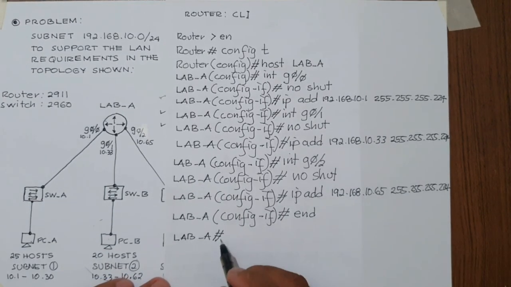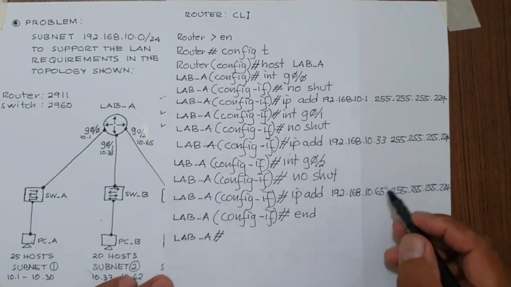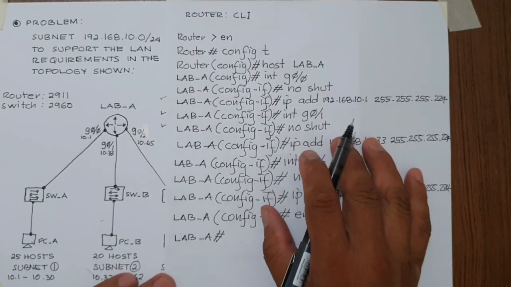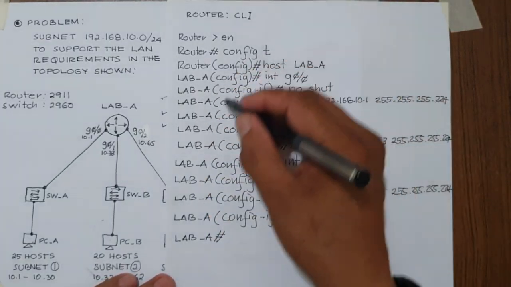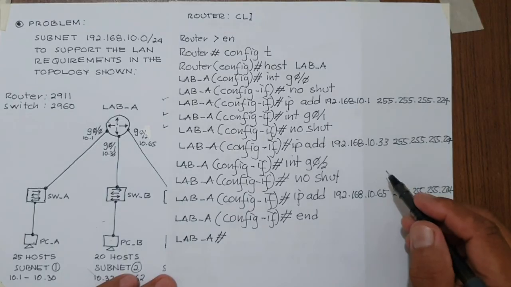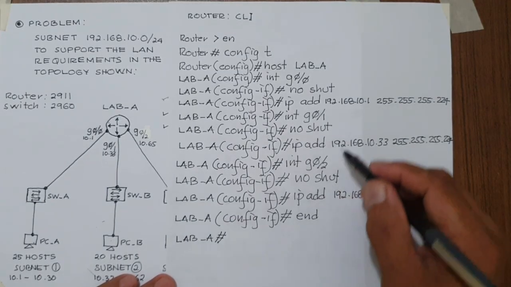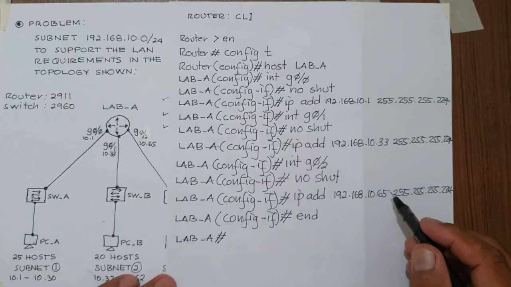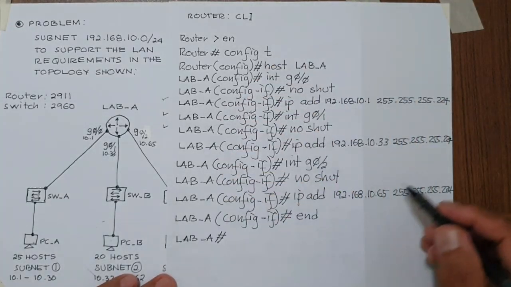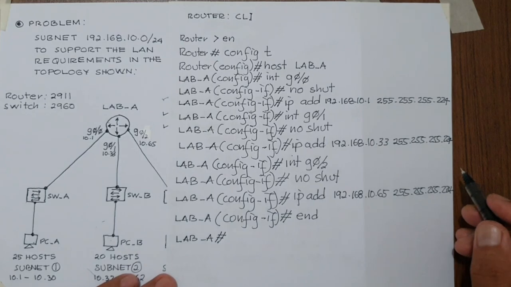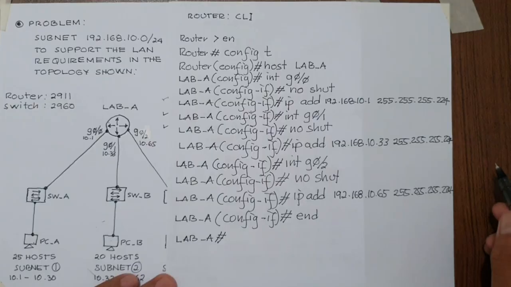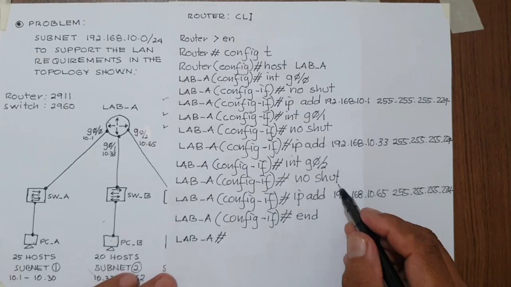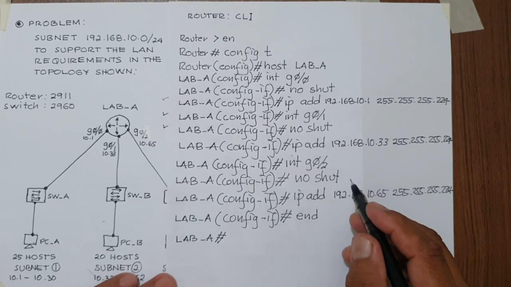So in the privilege mode, we can now save this configuration, because at present, this configuration is inside the random access memory of the router. But we know that the RAM of a router is volatile. In the occurrence of power failure, this information will be lost. So we need to copy this and save it at the NVRAM, or the non-volatile random access memory of the router, also known as the startup memory.